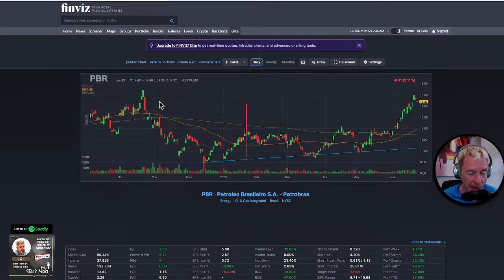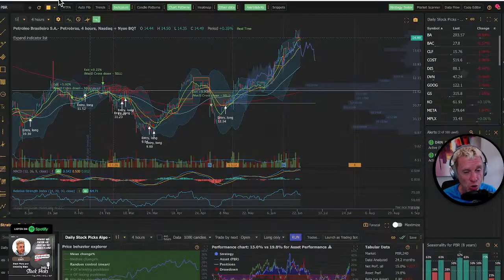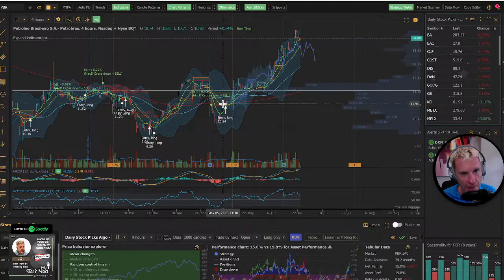Russian oil is pulling back. The Saudis are pulling back. So he thinks that this one is completely undervalued. Now, the dividend on this is 20%. So you're getting paid a huge dividend while it's going up in value. And it's going up big. You're up 50% on this if you just bought with the algorithm. The algorithm over 2 years makes you 15%, but you're up 20% if you bought 2 years ago and held.